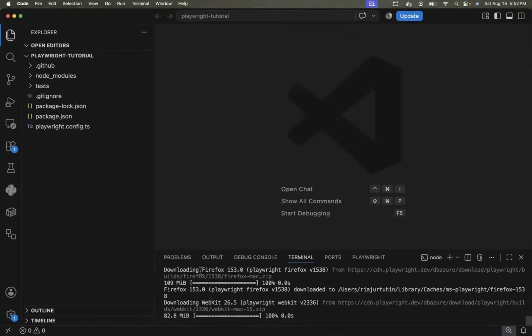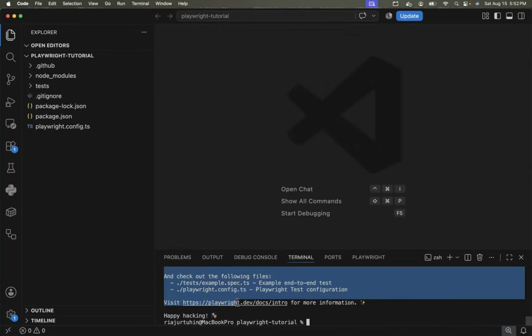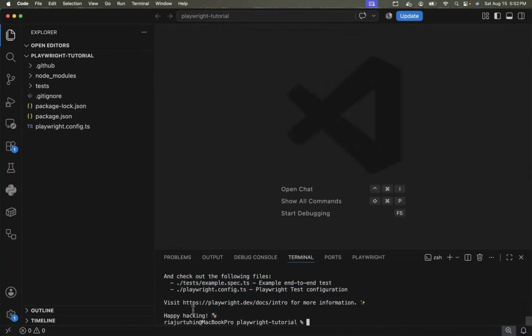It's already downloaded Firefox and Chrome. Then WebKit. It's finished. It looks like Playwright is downloaded successfully. Happy hacking. Okay, fine. So what it has done actually, we created an empty folder called Playwright tutorial, and inside this